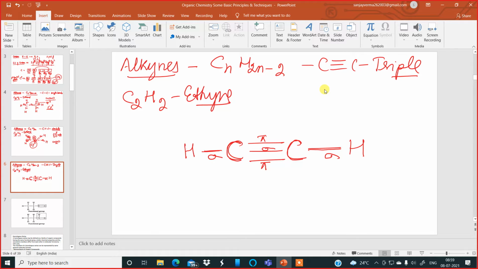So during the estimation of the hybridization of this carbon and this carbon, we count only the sigma bonds. On this carbon, count the number of sigma bonds, one over here, another one over here. There are two sigma bonds. So hybridization becomes sp, one sigma bond goes to s, another sigma bond goes to p. So this hybridization is called sp hybridization. So there is mixing of s and p orbitals.